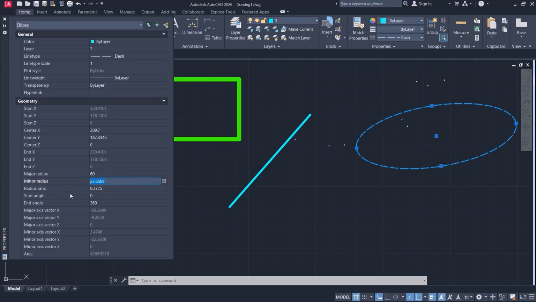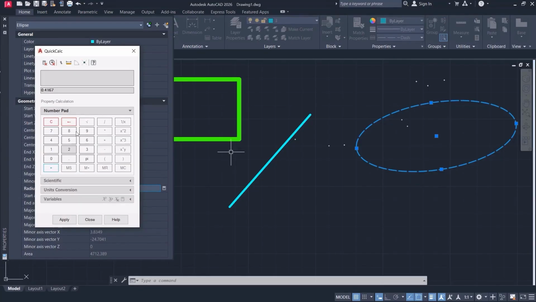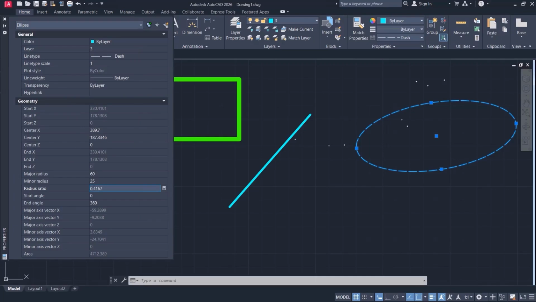Or, for example, I set it to 60. I can also change its minor radius. It's 22. I set it to 25. Its minor radius has also gotten a bit bigger. I can calculate the ratio of the radii here, and there's a small calculator here too that we can use if we need to do any specific calculations. And by pressing the Enter key, we get the result. If I had clicked Apply here, that number would have been entered for me so I wouldn't have to type